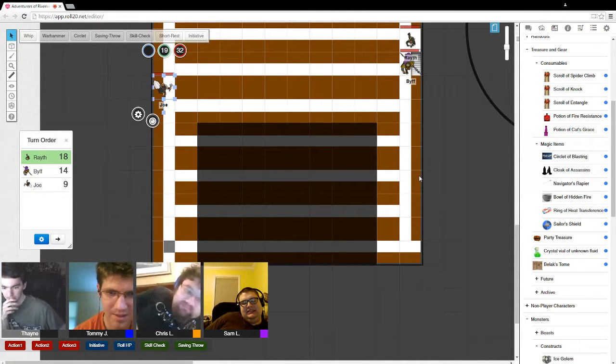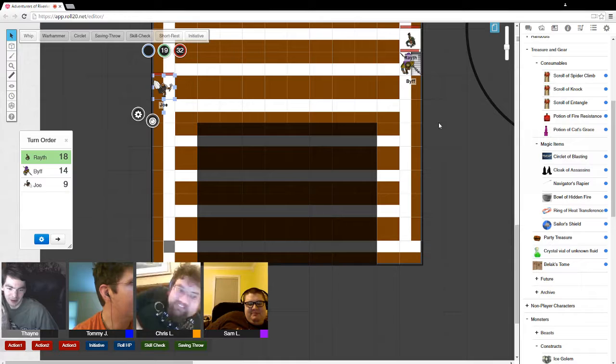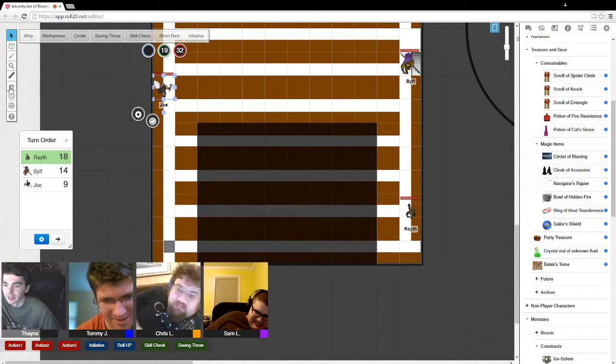Okay. Alright. So basically, it's like a giant searchlight that you can just point. Well, yeah, but it's really only 15 feet. It's about equivalent to the light spell. But yeah, you can still do that. Do you do that? Light spell is 40 feet. I do that. Dash, dash, dash. Alright, so you see